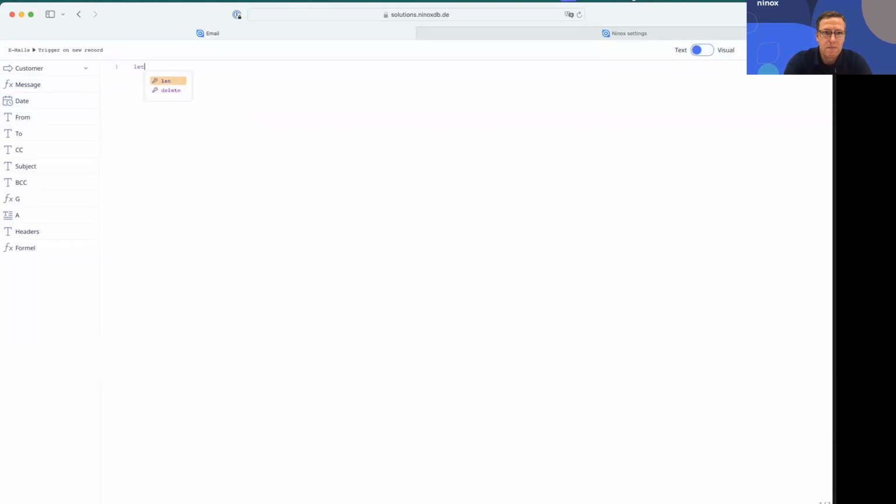So how do we do this? We extract the sender, the from field basically, from our email. In the next step, we jump into the CRM and we look for customers